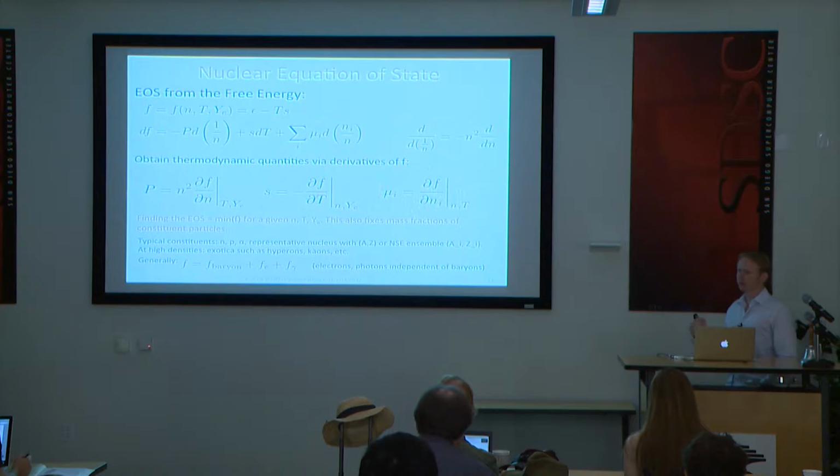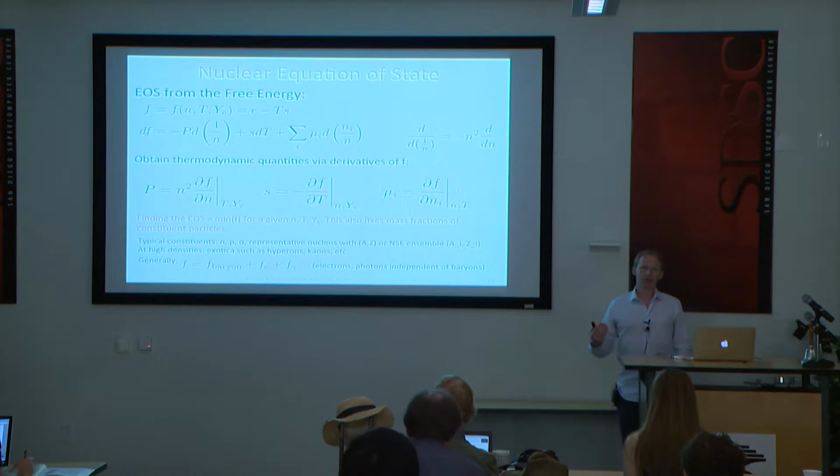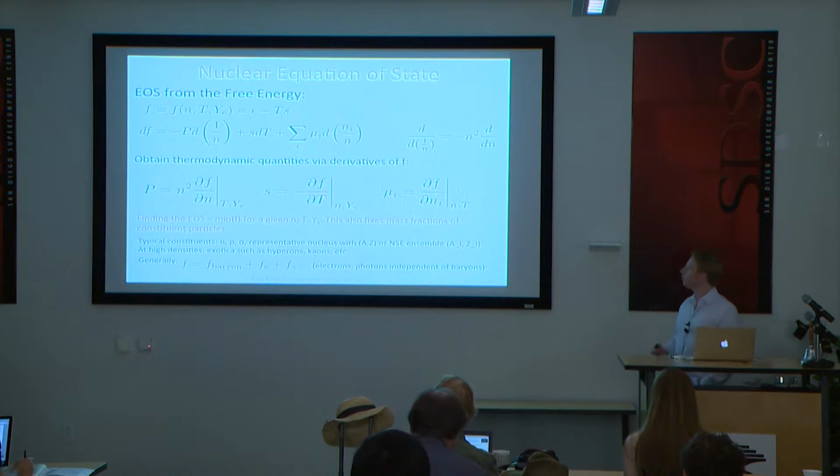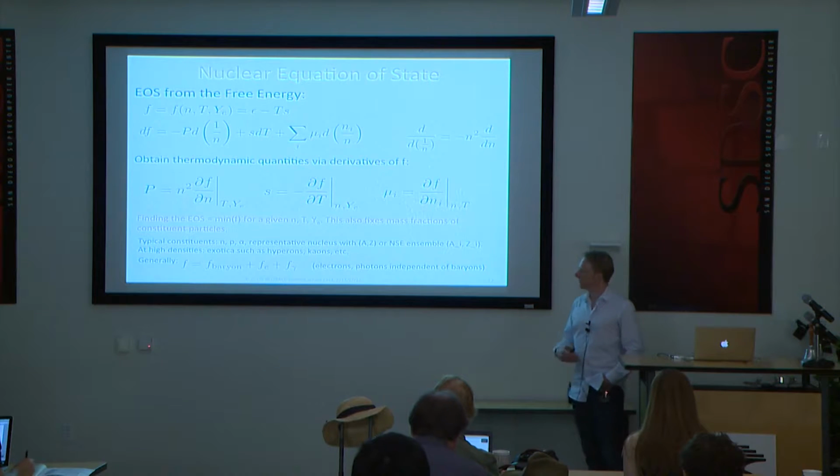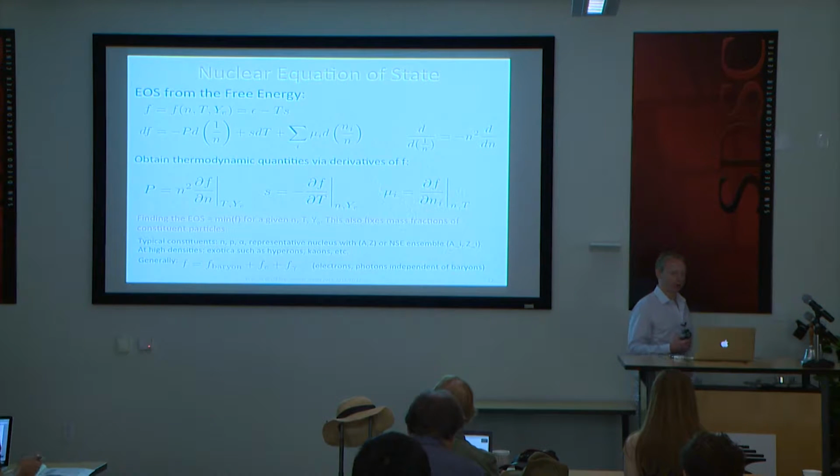The typical constituents in these nuclear equations of state are neutrons, protons, alpha particles, and some representative nucleus, AZ, or an ensemble of representative nuclei, depending on what kind of NSE composition one uses. Modern equations of state use thousands of these compositional variables. Of course, this is not the entire story. If the density goes very high, you might have exotic stuff like hyperons and kaons